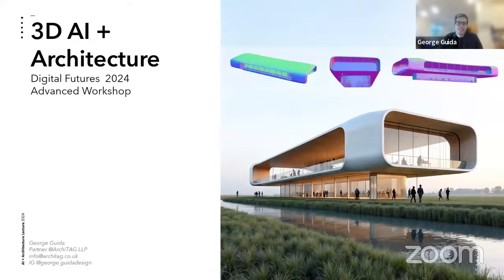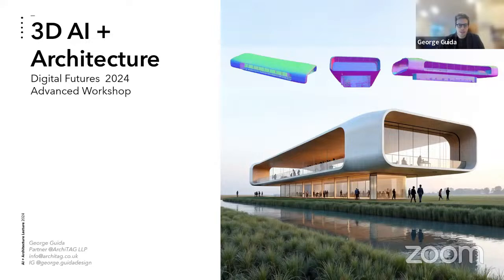All right. So I'm going to dive in today. It's going to be a brief workshop into 3D AI and how this applies to architecture. It will be mainly how we can convert text or images into 3D. There's a lot of new startups and new companies that are emerging in this space, but we're going to focus mainly on this 3D generative side.